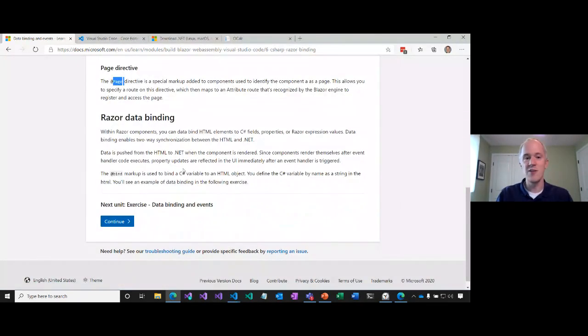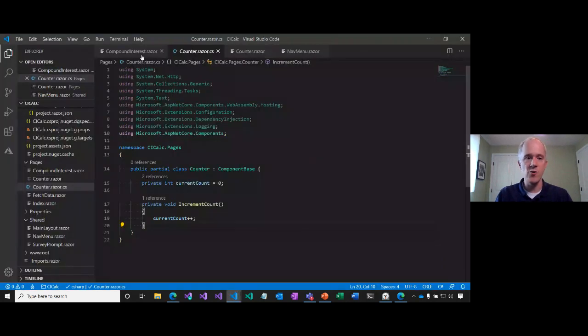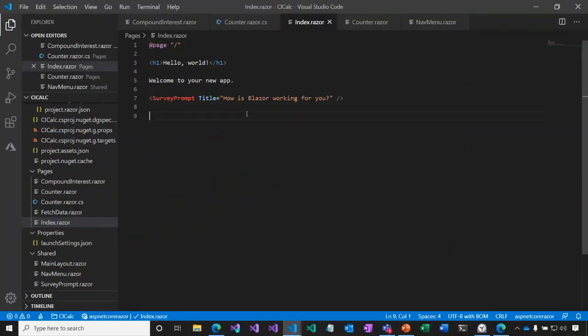Okay, the last Razor directive we want to look at is @bind. @bind is what we use for data binding, data from our UI to state in our component. Okay, let's take a look. Let me show you a little bit what data binding looks like real quick so you can understand what this is doing. So I'm going to go to the index page of my app,